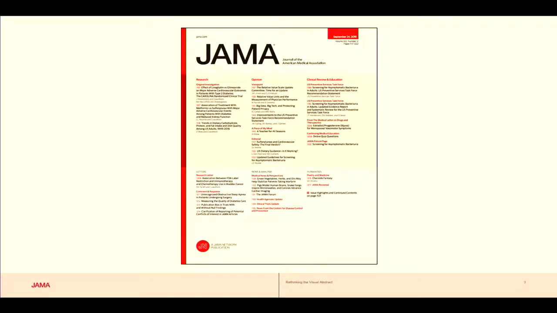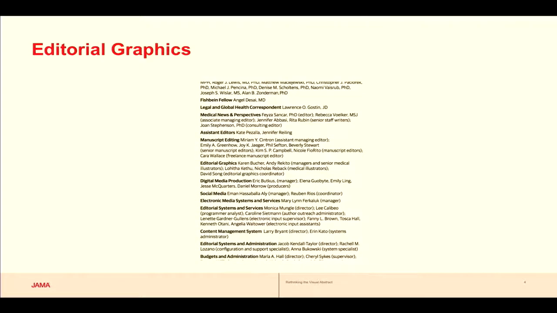I think you've probably all heard of JAMA, but just in case, we are a weekly publication for medical research, and currently the most widely circulated print medical journal in the world. I'm part of the Department of Editorial Graphics. Here we are on the masthead, which is currently comprised of 4 medical illustrators with master's degrees in medical and